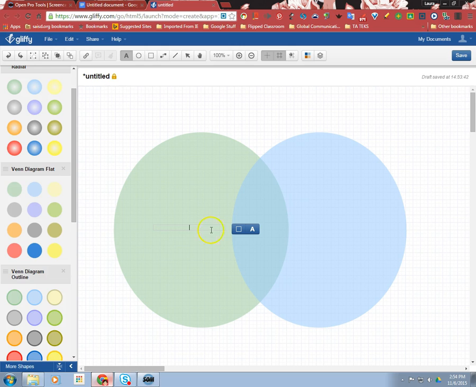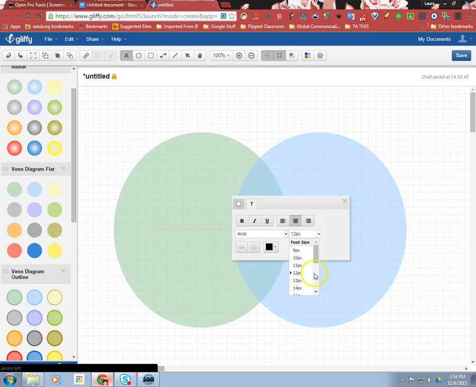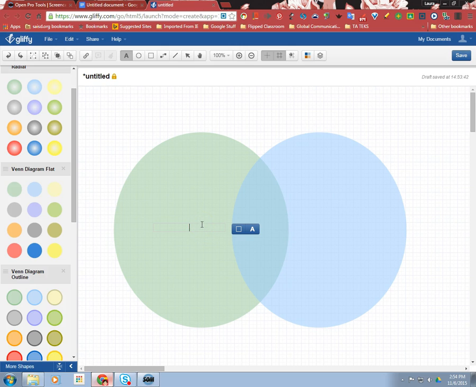So I think I'm going to increase my font though really quickly. Instead of a 12, let's make it 18. And close that. So now when I start to type, let's say I was comparing and contrasting Chromebooks and iPads. So if this is my Chromebook side, I could say that it has a, let me click in the box,